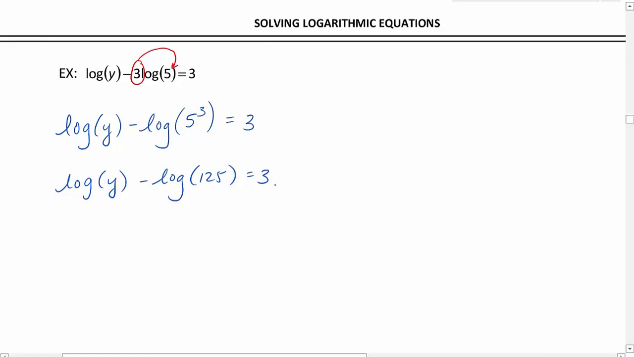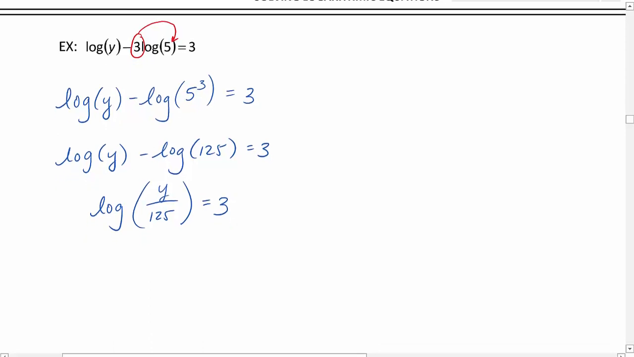Now that we don't have any coefficients, we can combine those logs that are being subtracted by dividing the arguments. That gives us log of y divided by 125 equals 3. Now that we have a single log equal to a constant, we can rewrite it in exponential form. Remembering that this is log base 10, our exponential rewrite is 10 to the third equals y over 125, and we'll solve for y. 10 to the third is 1,000,